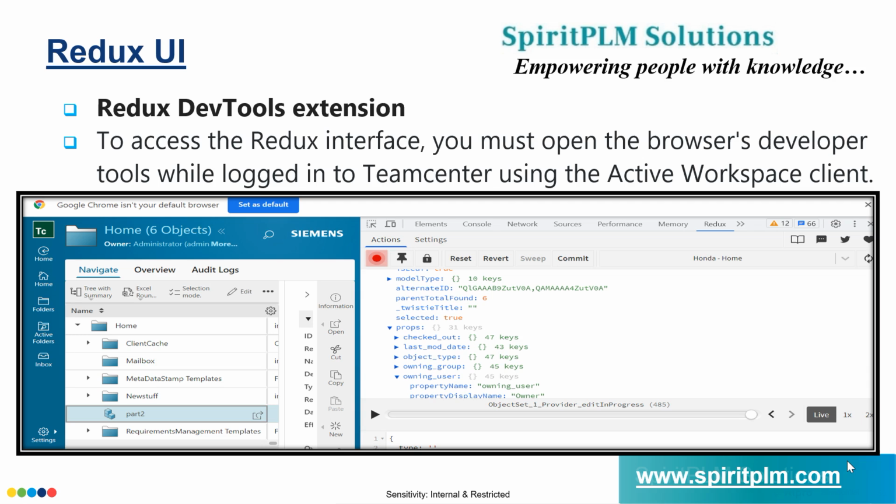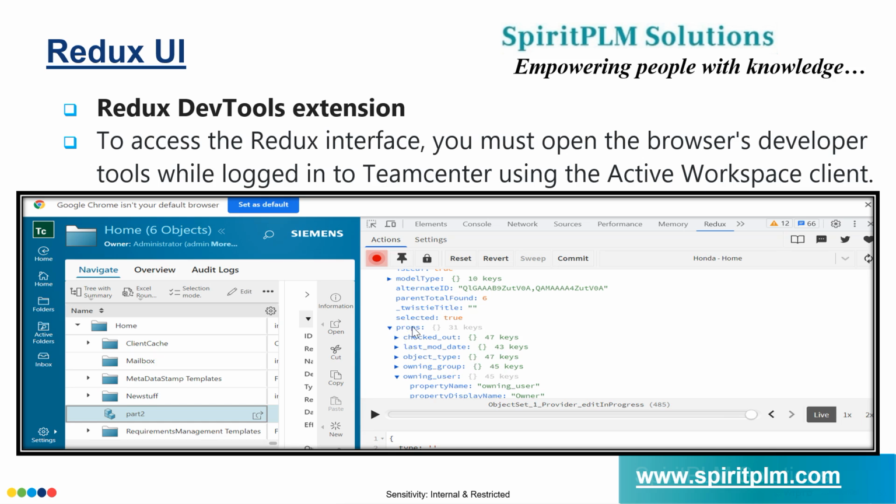You need to open the browser, and inside the browser you will be able to see the current object information. For example, I want to show session information. I want to load the current object properties, and I don't know what properties are there on the current object. Using this you can find out the current properties. Suppose my requirement is to fetch the property of the current selected object. Using this Redux tool, inside it there is an action, and inside this you can find out the parameter,